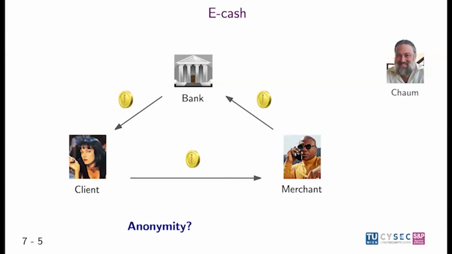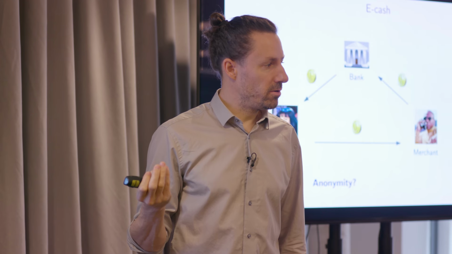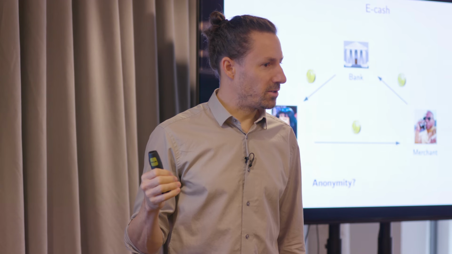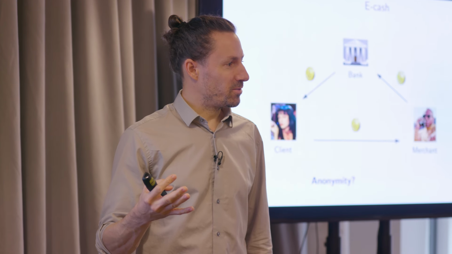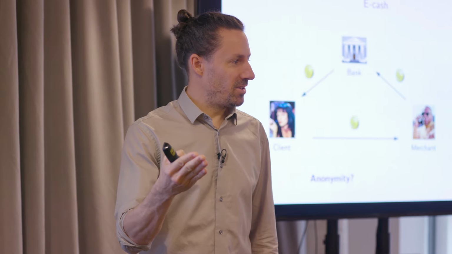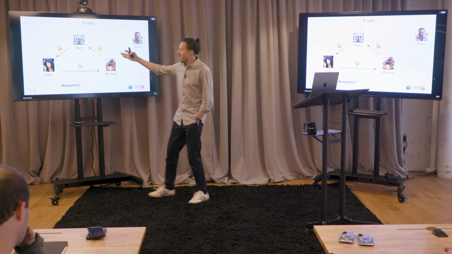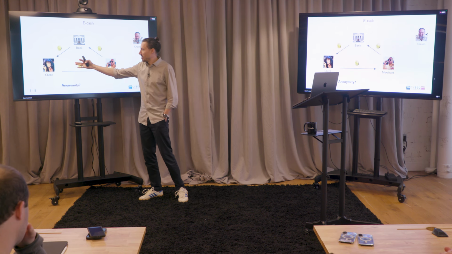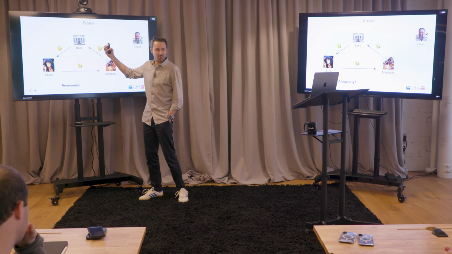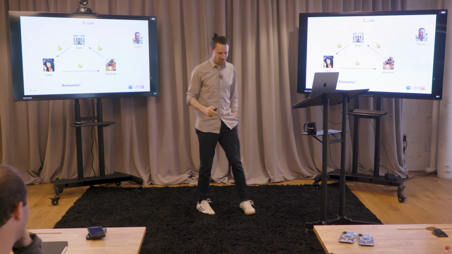And so I was at an event about the digital euro, and there was some Austrian central banker, and so he explained a lot of economic properties about the digital euro, and then I asked, what about privacy? And then he said, well, if the bank gives you a token, then obviously when the token comes back to you, it can link, so you can't have privacy. And I thought, okay, I'll stop asking cryptographic questions.